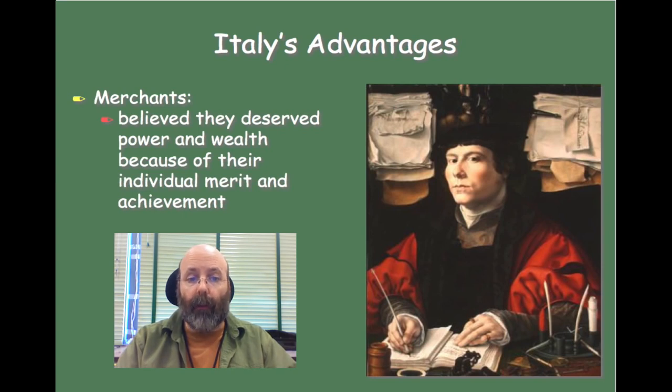Which again was using money as its means for wealth, but again, generating money, making money was certainly the goal of many merchants in Italy at that time. And don't forget that Italy is actually a peninsula, right? So it's an area of land surrounded by water on three sides that sticks out into the Mediterranean Sea. So it was strategically located so they could dominate trade in the Mediterranean world. And that also helped to make the merchant class very wealthy. Okay, so these are all reasons that actually contributed to why Italy had these advantages and why the Renaissance begins in the southern part of Europe in Italy before it spreads to northern Europe.